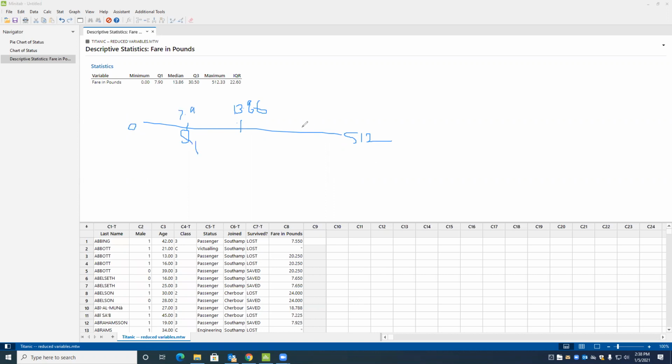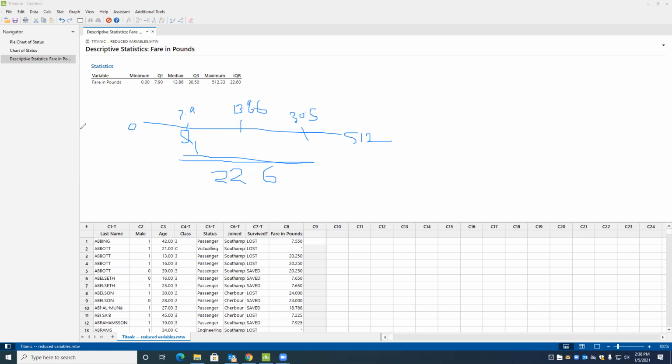Where is Q3? Q3 is 30.5. So we have this all 5 number representation. Interquartile range is 22.6, which is from here to here. That is the middle 50%.